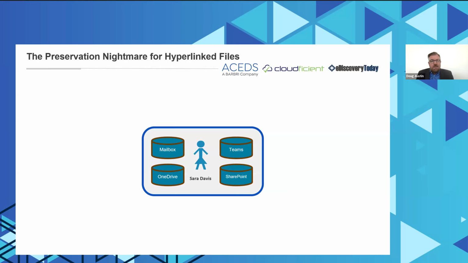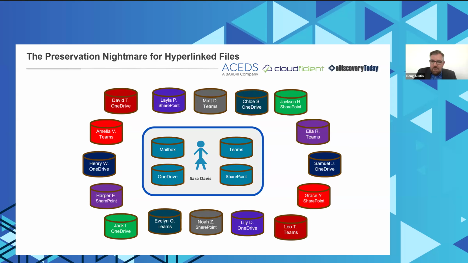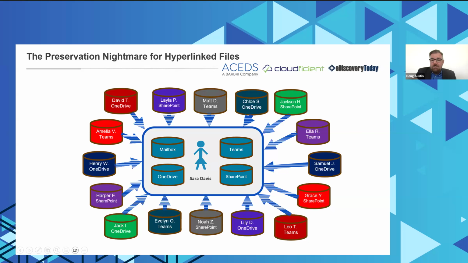And so, great, right? So her email's locked down, the files she's linking to are locked down, everything's fine, right? Well, here's the problem with that. That's locking down the files she sends. It's not locking down the files that are sent to her. And we have all these other potential custodians, and probably many more, that are corresponding with her and are linking to files in their data collections. So they are sending files to Sarah. Those are not being preserved when you're putting Sarah on hold. So what does that leave you?